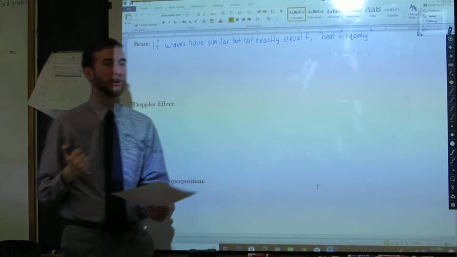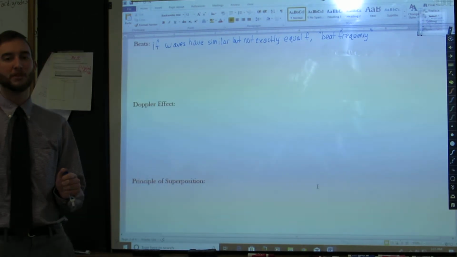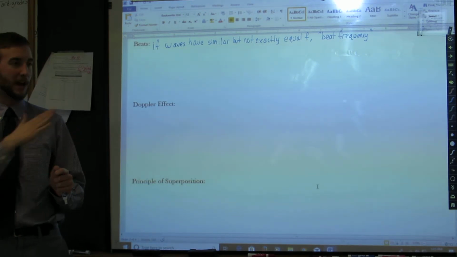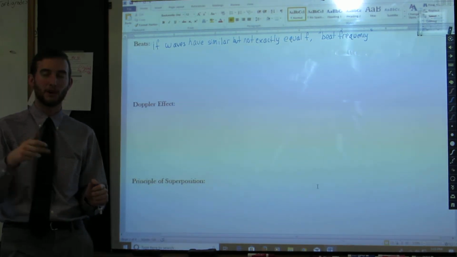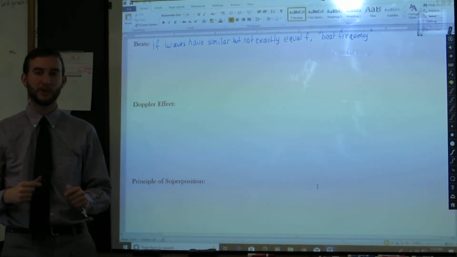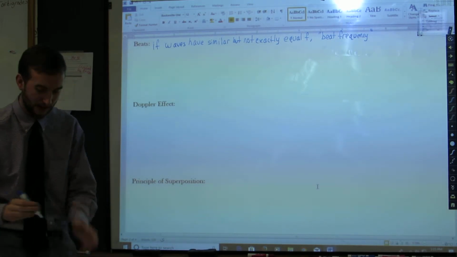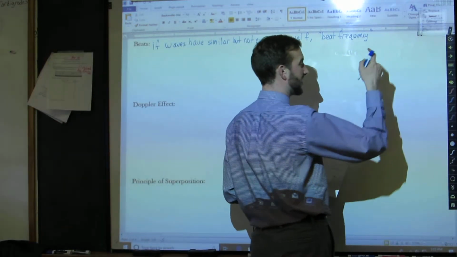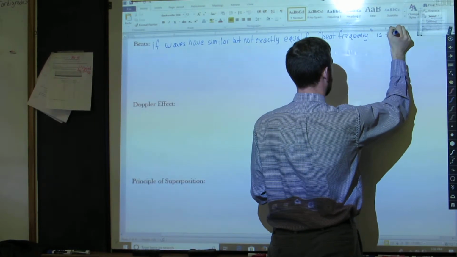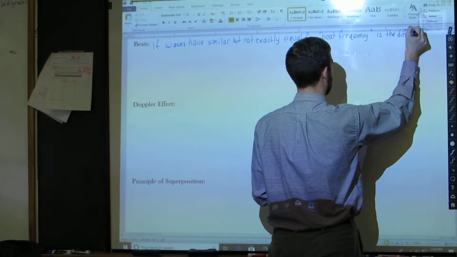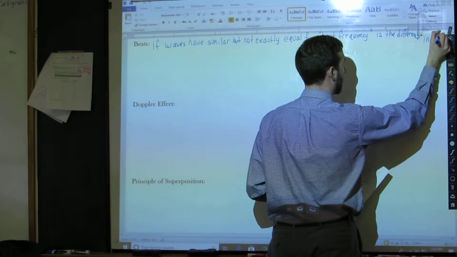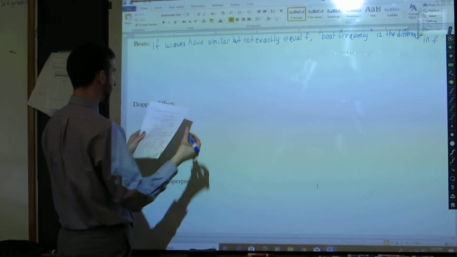The beats that you heard were the ebbs and the flows. You can count whatever cycle you want. You can either count the quiet parts or the loud parts where it seems to be flowing towards you. That's the beat frequency. You count how many times that happens per second. And it turns out that the beat frequency, the number of times you hear that per second, is simply the difference in frequency, the difference between those two frequencies. So, for example,